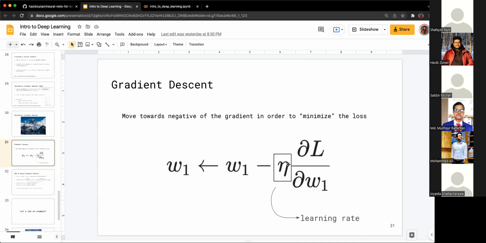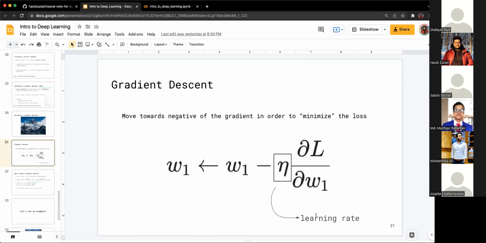This would define, for example, how big of a step you're going to take when you are updating your weights or biases. I gave the depiction here using W. You're also going to do the same thing for the bias as well. You can just replace it with B and you would get the same thing. So this learning rate would define how big of a step you're going to take in order to minimize the loss, so that your next prediction or guess is good. By good, I mean it's going to be better than before, right? That's what we want. We want to iteratively do better and then reach an optimal point.